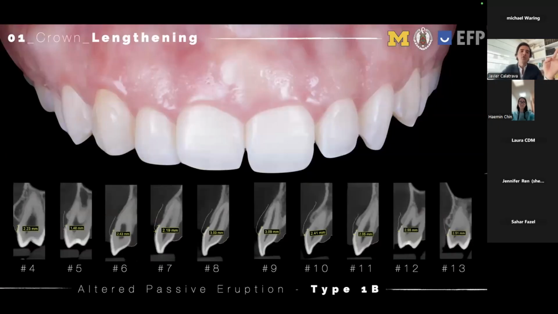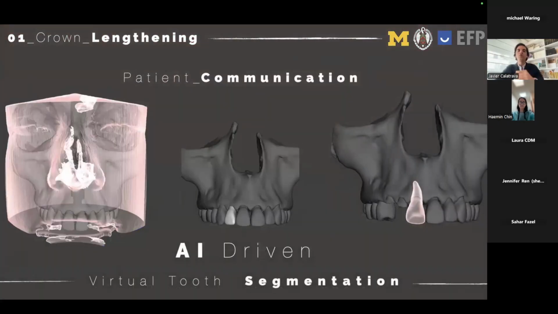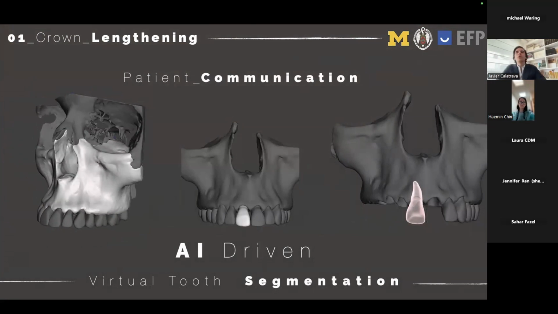And this is not too new. This is just digital diagnosis applied to aesthetic crown lengthening. This had been published before by the group of DSD led by Christian Coachman. However, we also wanted to improve the patient communication phase because we felt that whenever we are going to change